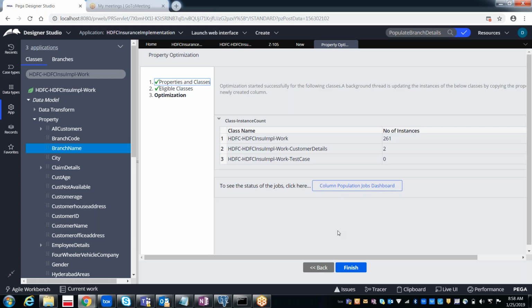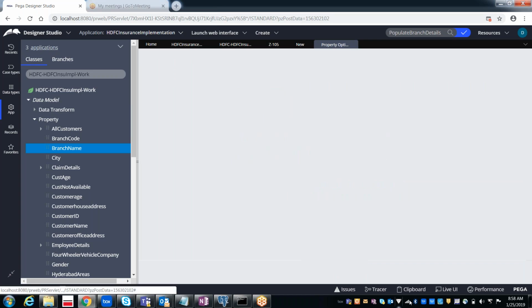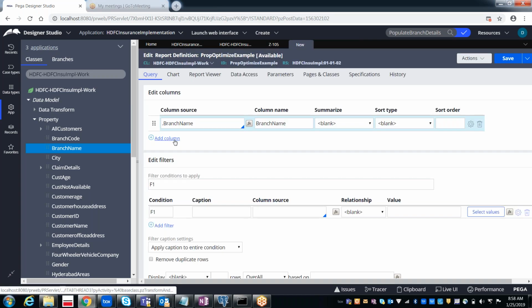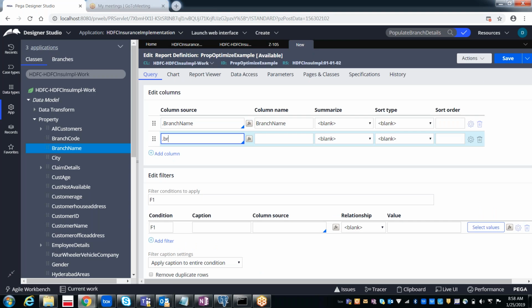So likewise, you can expose the properties here. Now finish it. The optimization already started successfully, so it has optimized it. Now if you go to the report definition, see, earlier we were not able to see the branch name. Now we can see the branch name as well. So likewise branch code and again branch name. Likewise, you can expose the properties.